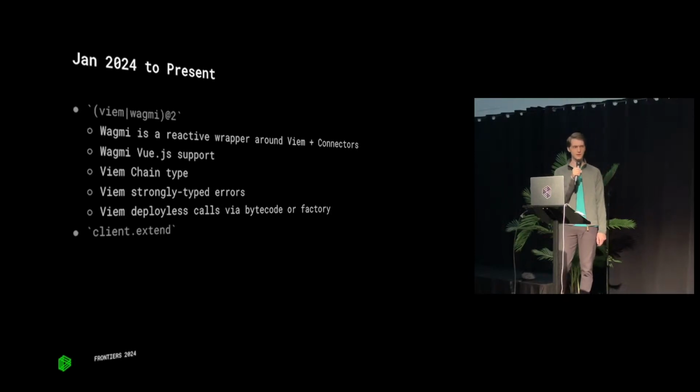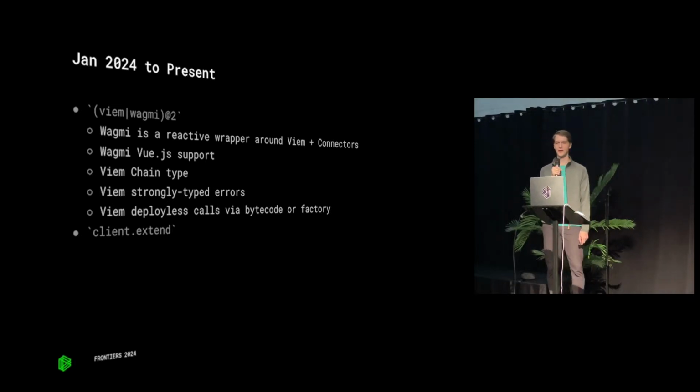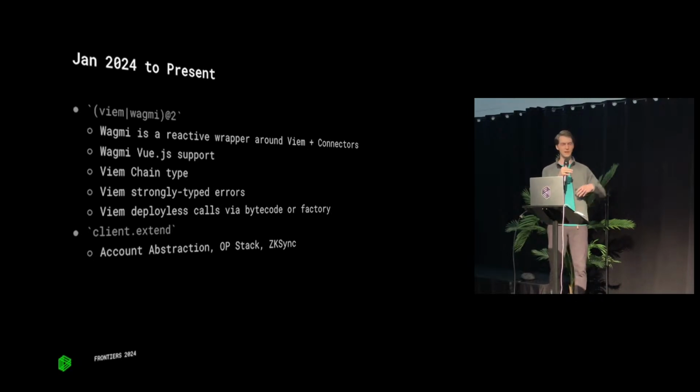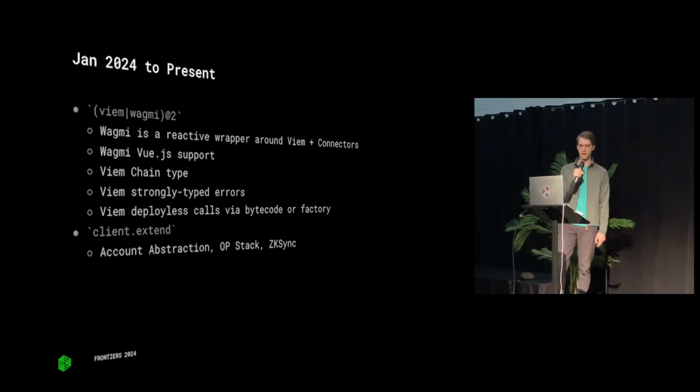Another really popular feature of VM is the ability to extend VM into whatever other features you want. You can basically call client.extend and pass in some additional functions to be defined, some values, whatever else. There's a few first-party VM extensions. We have one for account abstraction, which was released recently, the OP stack, which was a little while ago, and ZK Sync. And it's really cool.